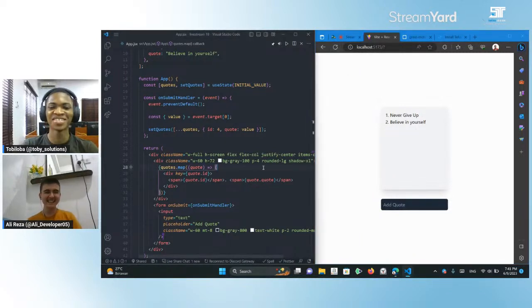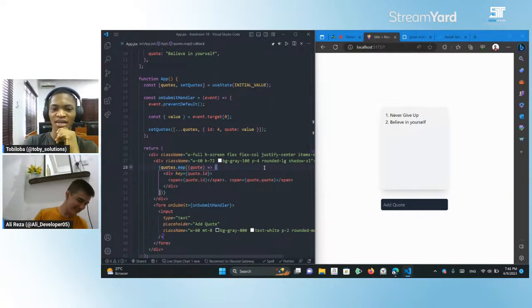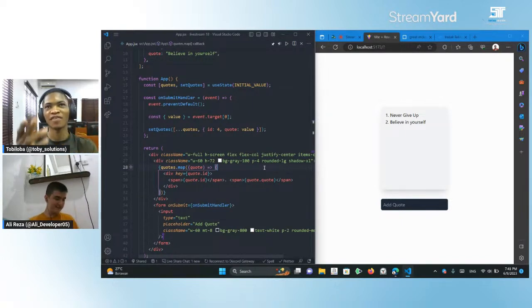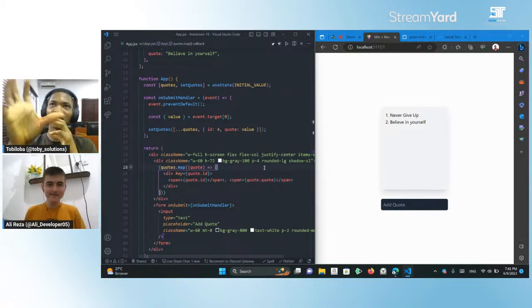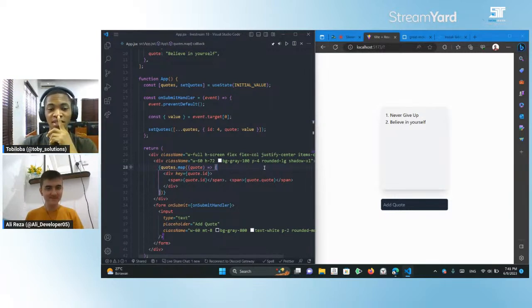To fix that, it's fairly straightforward and simple. Here is what I'm going to be doing basically. I'm just going to grab whatever ID was put in and add +1 to it. So I'll grab the last value which was added to the array, because what we are doing here is taking the value and appending new values to it. So it's going to be at the end of the array. I'm going to grab the object at the end of the array, but I need just the ID, which is a number. So I'm going to grab that number and then add one to it to give us the exact number,